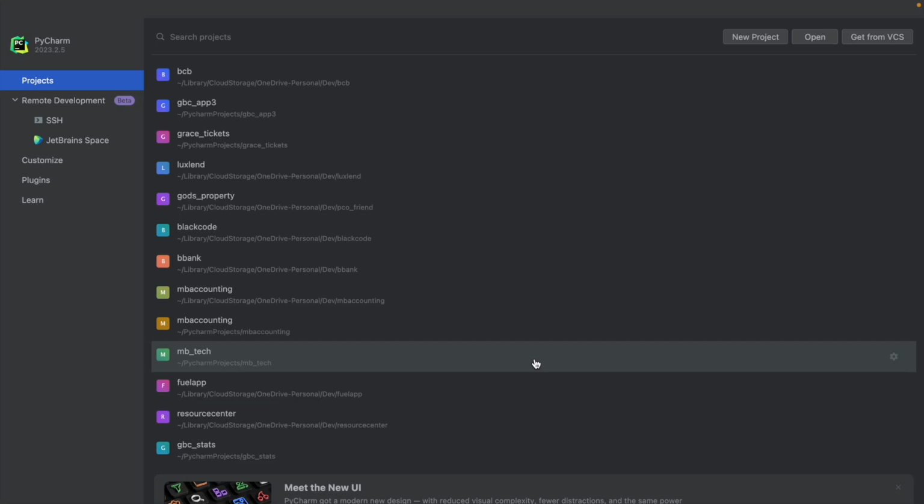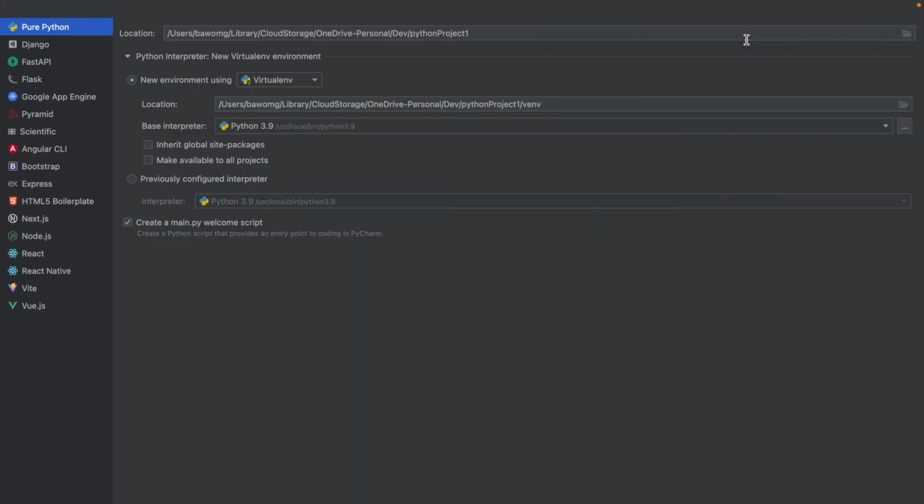The first thing I'm going to do is, on PyCharm, start a brand new project by clicking on new project. The reason I do this specifically is because PyCharm does everything for you. As you can see, it's going to create a new virtual environment for me, which is great. I don't need to do that. In the location is where you'll put the name of the project. So I'm just going to call this